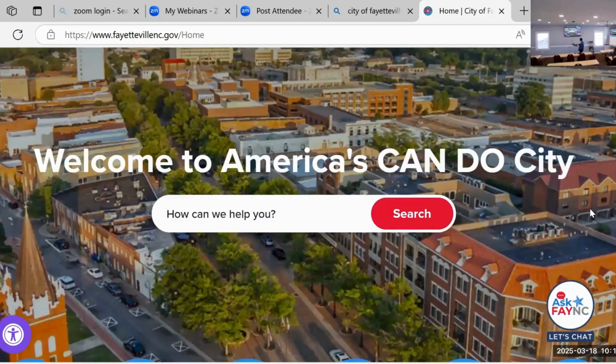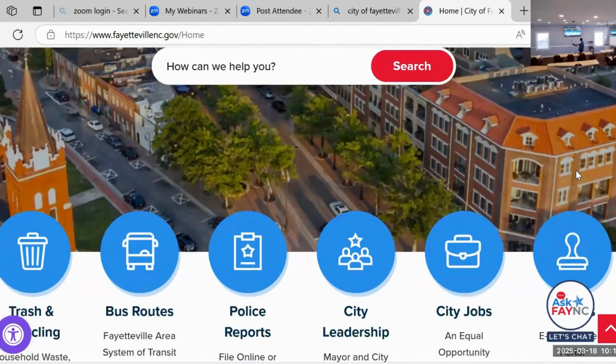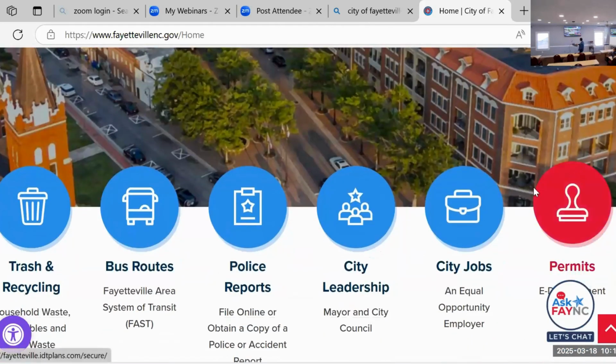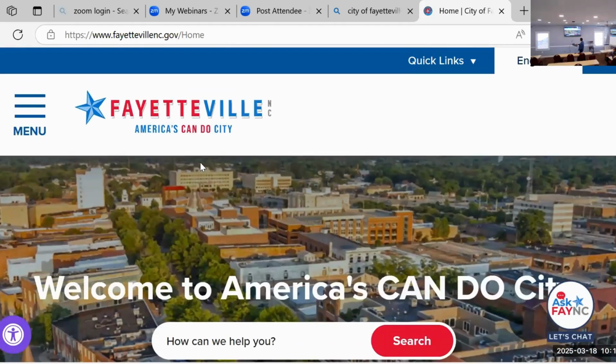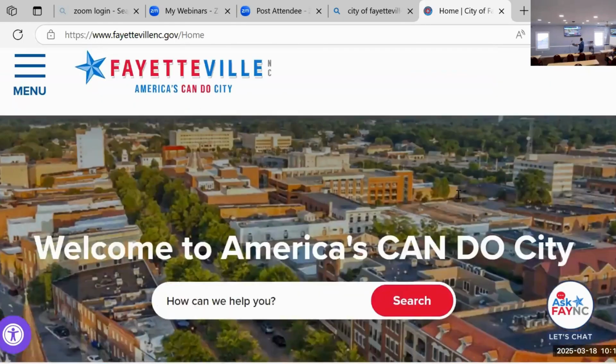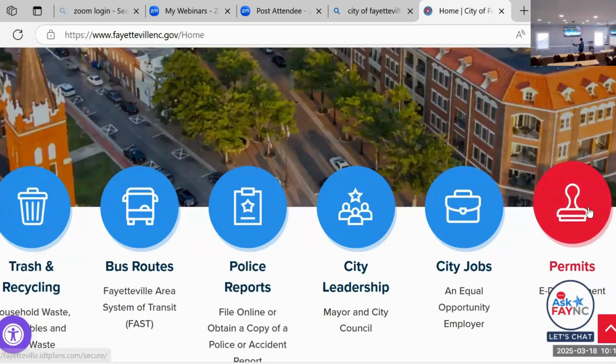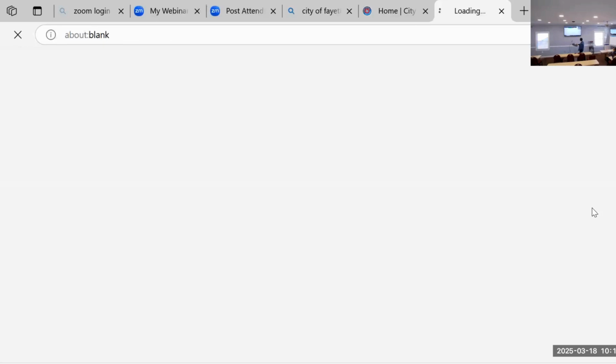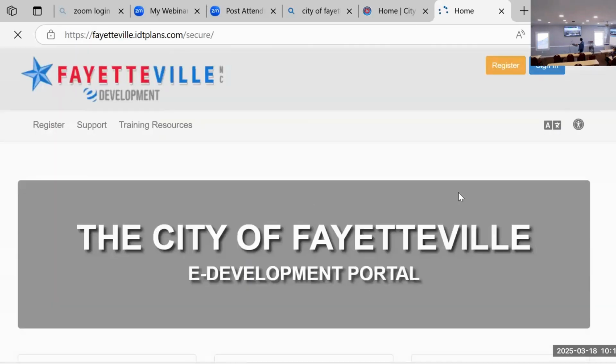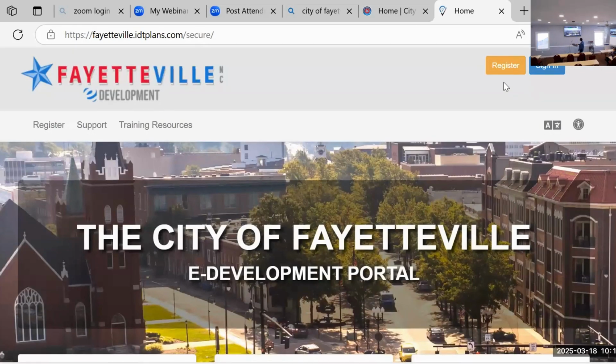So this is a new landing page here. If you're trying to find the EDevelopment portal, the quickest way to get there is to visit the City of Fayetteville main website and then go to this link here where it says permits. That's going to take you directly to the EDevelopment portal, and I'm going to go ahead and walk you all through this at the moment. So there's